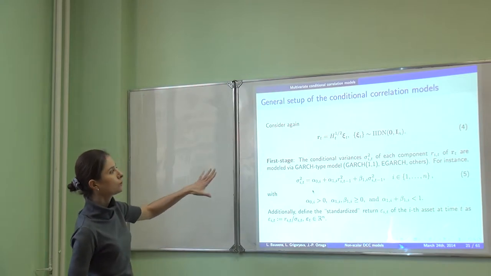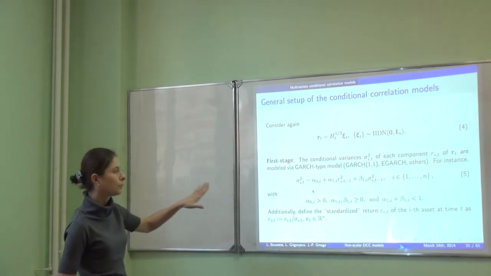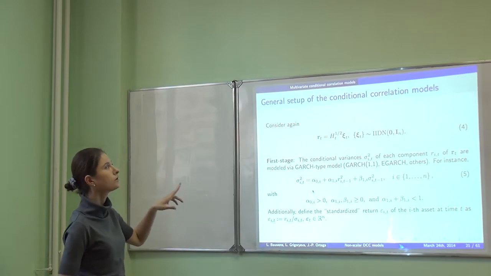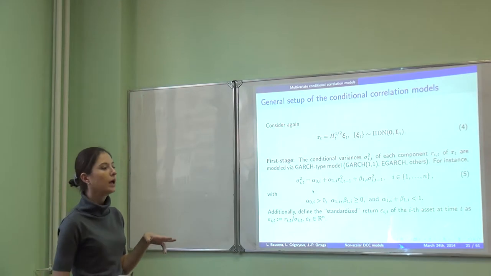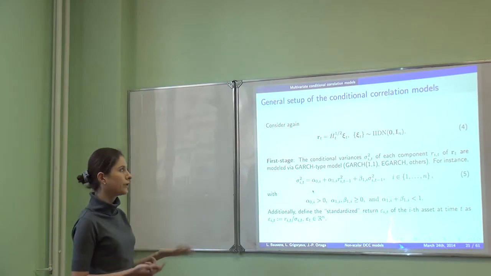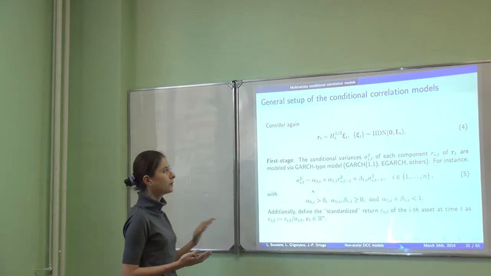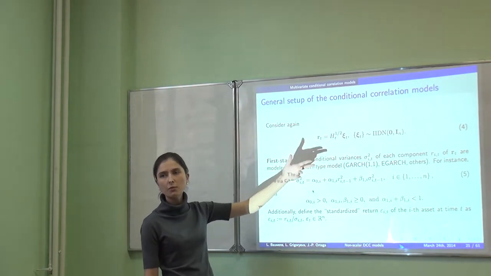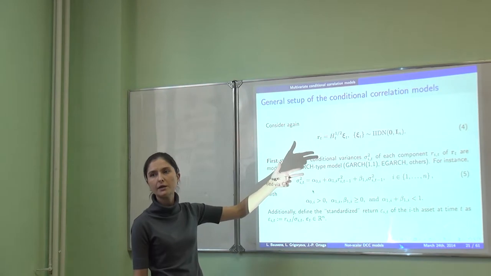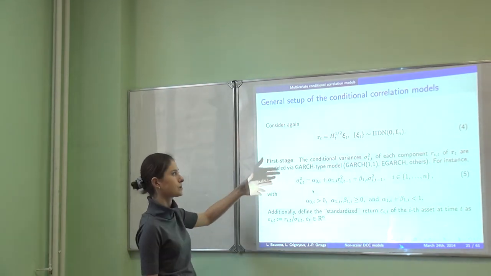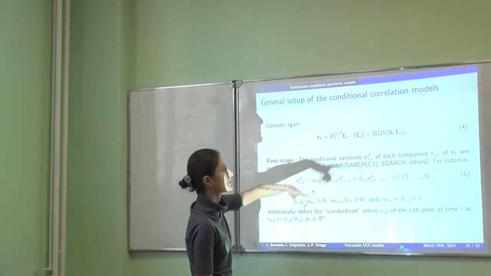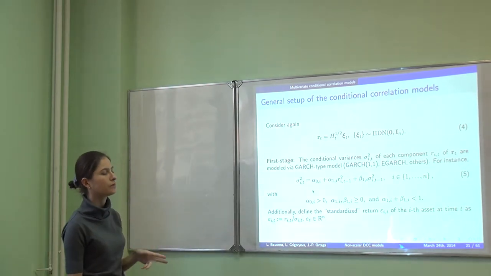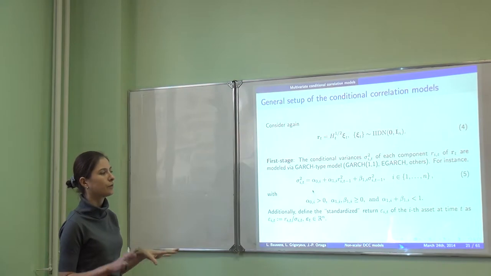And now we go to another group of models, which is in the focus of our study. These are the so-called conditional correlation models. As I told you before, now we are trying to get knowledge about the dynamics of our conditional covariance matrix from the knowledge of the dynamics behind the conditional correlation matrix process. In this case, the construction and also the estimation of these models consists of two stages.